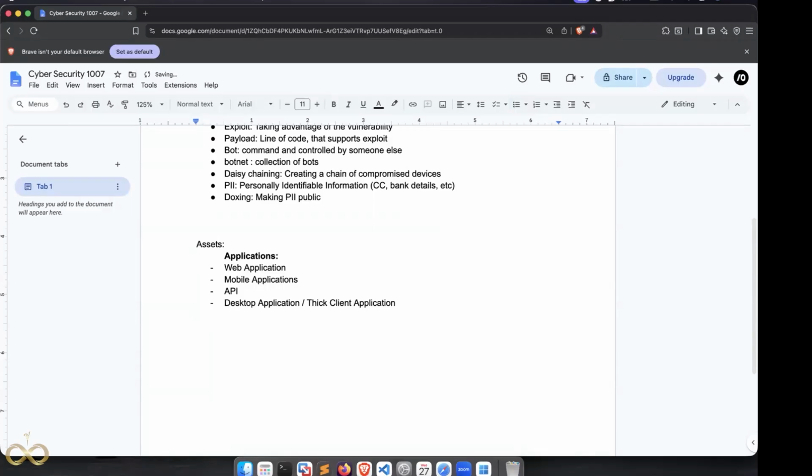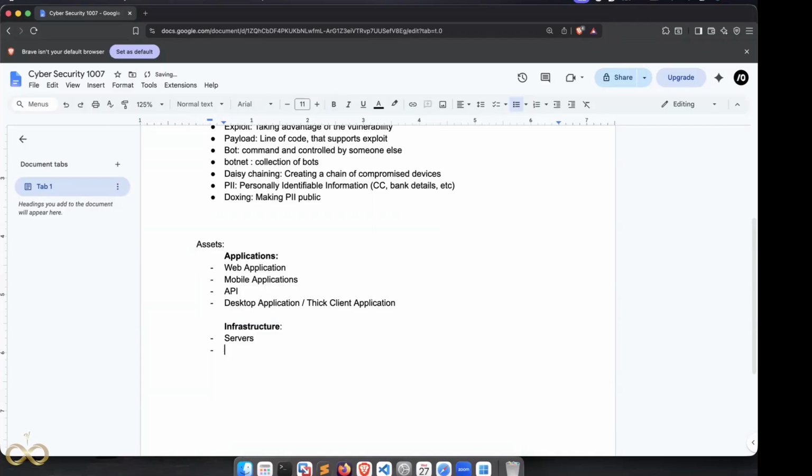Then there is infrastructure. Under infrastructure, there can be different assets of a company. It can be servers, laptops.